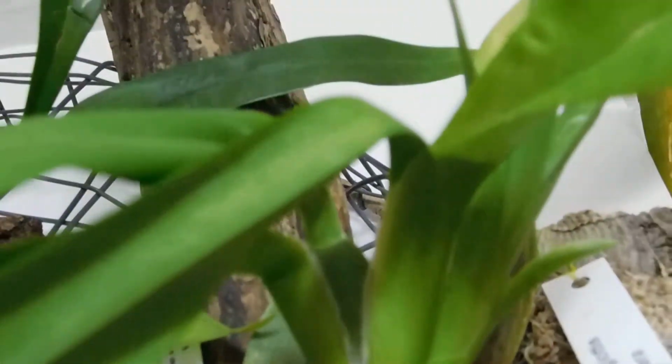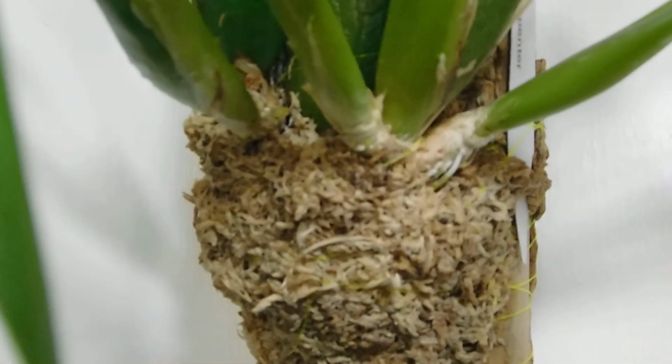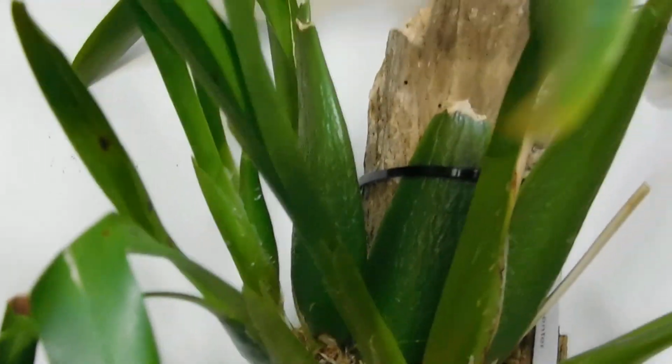This used to be where the community one with the small, in the Iron Maiden. So I've elevated that up there. That's another Scaphoglottis. This is the Peggy Ruth Carpenter, doing very nicely. And if we come down here, that's another one of the